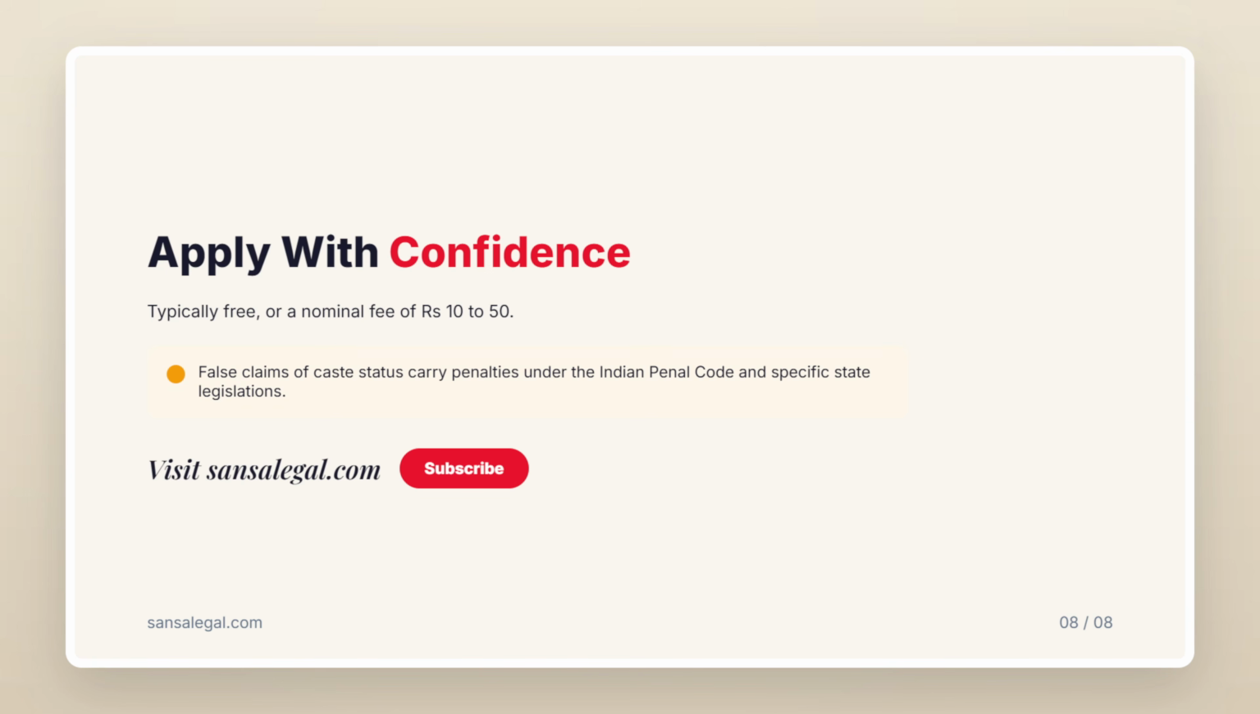One serious caution: false claims of caste status carry penalties under the Indian Penal Code and specific state legislations. Apply honestly, keep your documents in order, and use the online portals to track